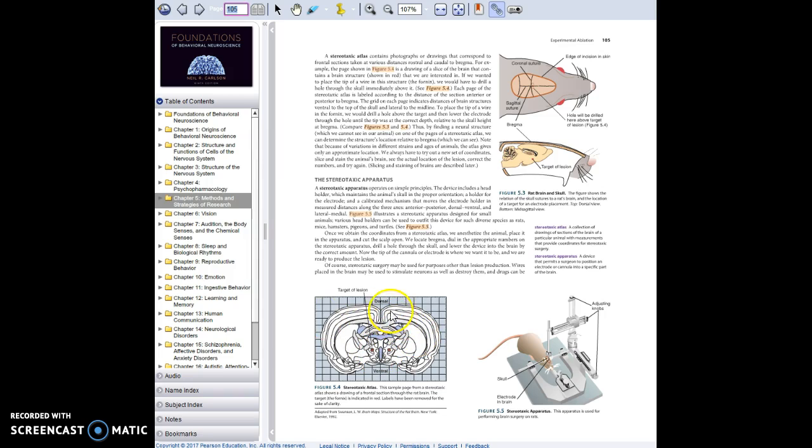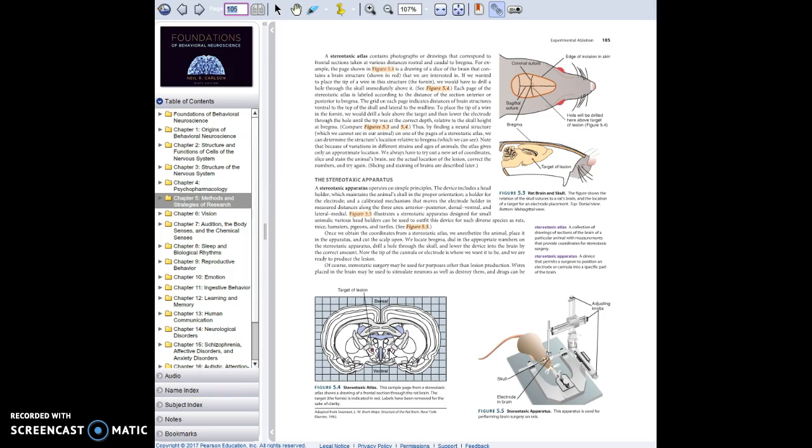And so from this dorsal level here, you can see that you would have to go downward, or in a ventral direction, 1, 2, 3, 4, 5, 6, 7 millimeters. Each of these hash marks is a millimeter, so you have to go ventral 7 millimeters. And then from this medial direction, this is your 0 point here, you have to go 1 millimeter to the left or to the right, since it's bilateral. You can go either to the left or to the right or both, 1 millimeter to find this nucleus